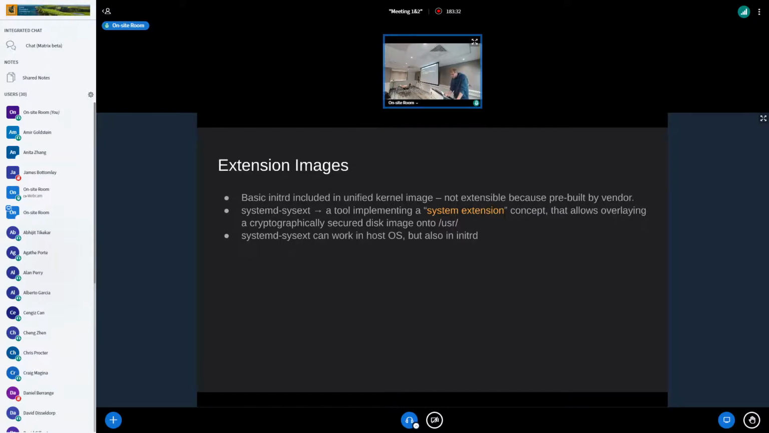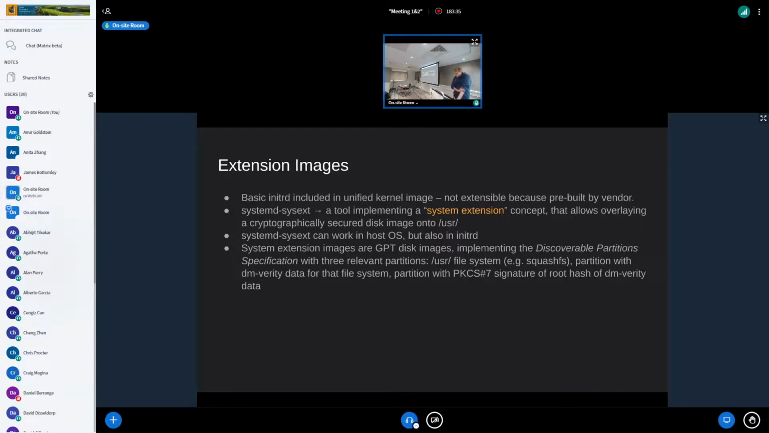Yeah, I mentioned this. It works on hostOS and in the initrd. And these system extension images are GPT disk images. They implement a specification that we put together in systemd context, the discoverable partition specification. The specification just lists a couple of GPT partition type UUIDs that have specific meanings. Typically, they would contain three partitions. One is the actual /usr file system to overlay onto the initRD. Could be squashfs, but we don't care. Then a DM Verity data partition for this,